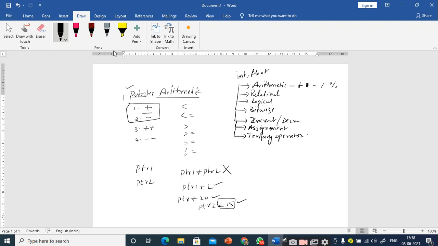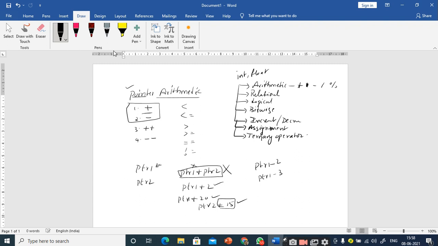Yes, sir. Similarly, you can perform subtraction with a valid integer value only: ptr1 minus 2, ptr1 minus 3. But the addition of two pointers is not supported. May I know the reason? What is ptr1 storing?